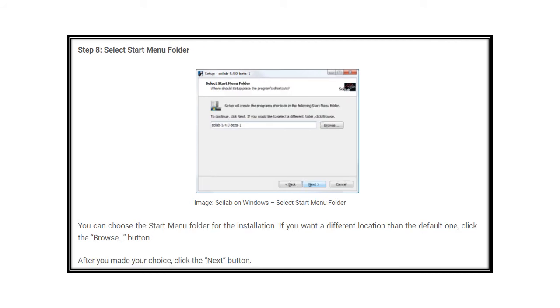it will ask whether you want this particular menu folder in the start menu. When we use the computer we will have the start menu, no, when we click on it, whether you want to display this one or not, that you have to choose. So you just press next, that's all.